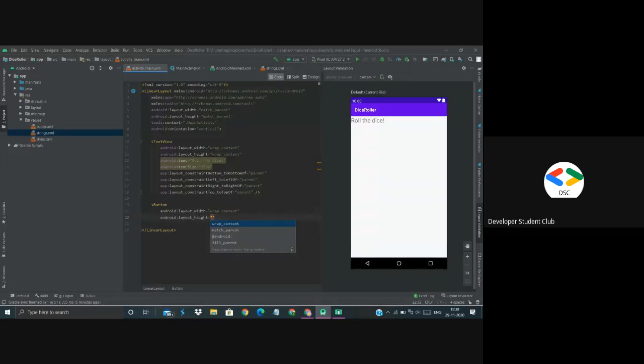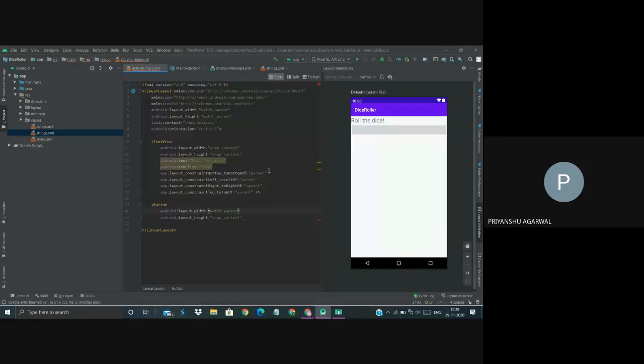We can say wrap content and wrap content. There is one more option called match parent. What match parent does is set the height or width to that of the parent of that view. The parent of the button is actually this linear layout. So if we set the width to be match parent, then it will